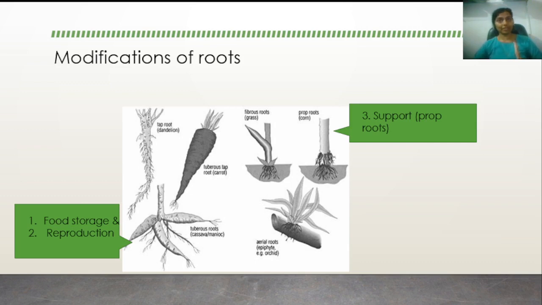So we can conclude that in some plants, the roots are modified for providing support, that is the prop roots in banyan trees, and in some plants like sugarcane and corn plant, there are roots which develop from the base of the stem and grow towards the soil like this. So here in these plants, the roots are called not prop roots but stilt roots. That is the difference between prop roots and stilt roots.